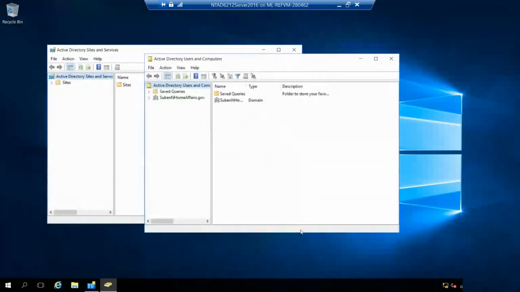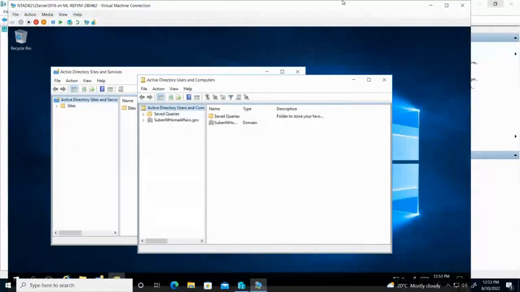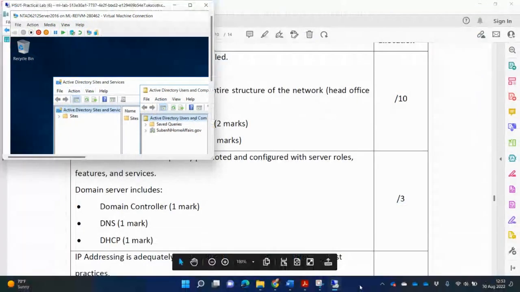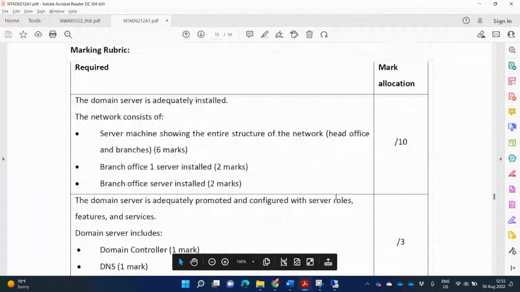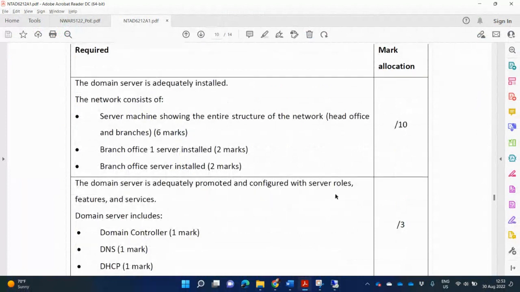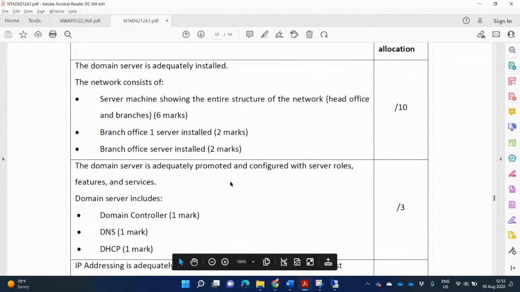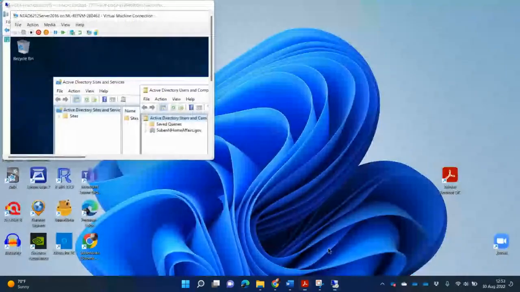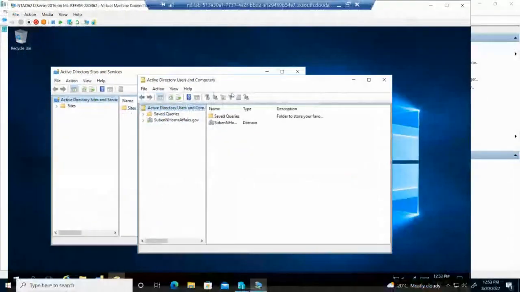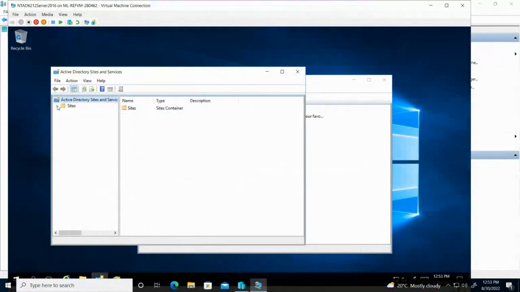So what are the screenshots that I need to take? Let me go and see which screenshots I need to take. The first one is the server machine and branch office servers that are installed, the entire structure. The structure is part of Active Directory Sites and Services. So I'll go back into my virtual computers and I'm looking for Active Directory Sites and Services. Under sites, it shows me here